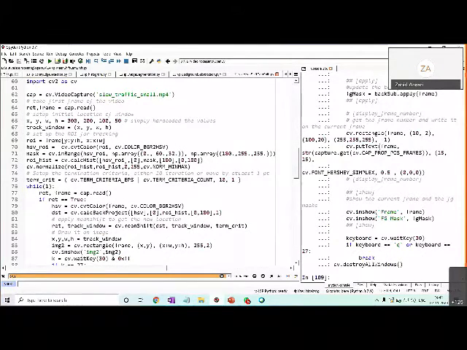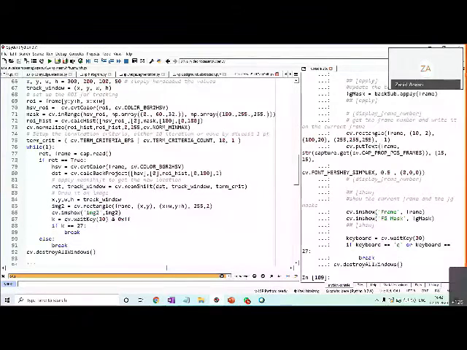I am capturing a video file over here, the slow traffic small MP4 file. I'm reading the frames, and I'm specifying the tracking window, the region of interest, over there. Then some termination criteria is specified. Then we read the image frame by frame and convert it to HSV format.